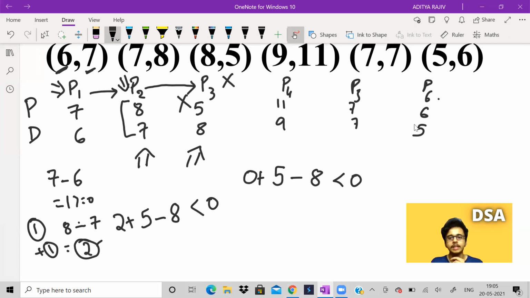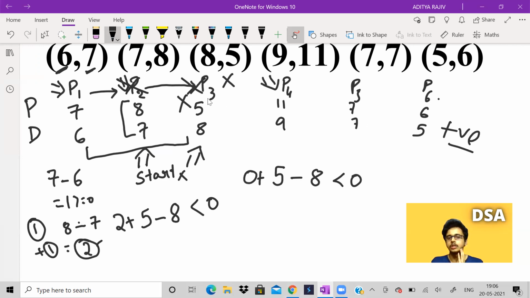Because all of these numbers are positive values, if you start from some point and fail at some point ahead, then all the remaining points over here can't be a starting point. You can't start from these remaining points at all. So we don't even have to check petrol pump 2 and petrol pump 3. Directly check petrol pump 4. So wherever we failed, what does failed mean? It means that the fuel tank now became 0, or sorry, it became less than 0.